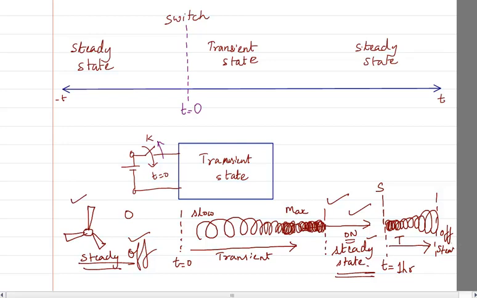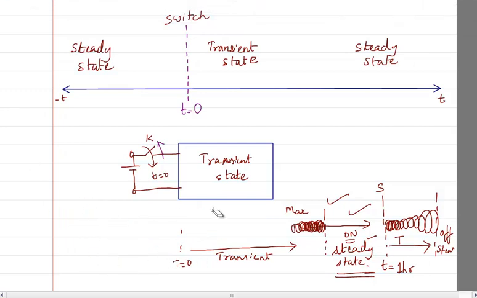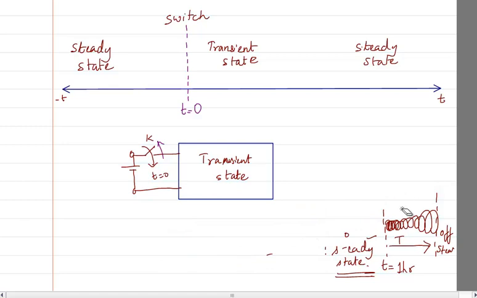So with this analogy, you should understand that with each switch, it goes from a steady state to a transient state, and after remaining in the transient state for some time, it goes into a steady state again. And that cycle keeps on repeating with each and every flip of the switch. Okay. So once you have known this, I will now name these steady states differently. And that is where the crux of the whole problem is.